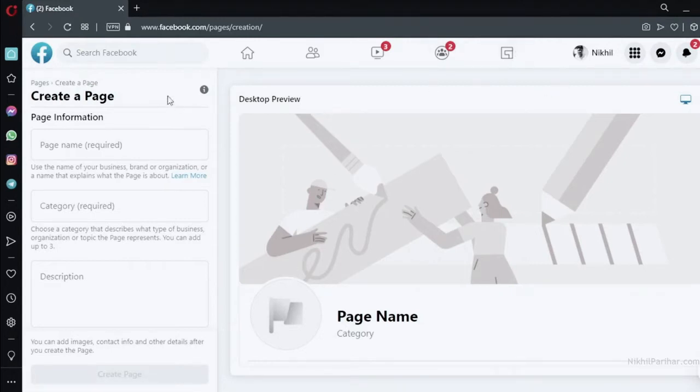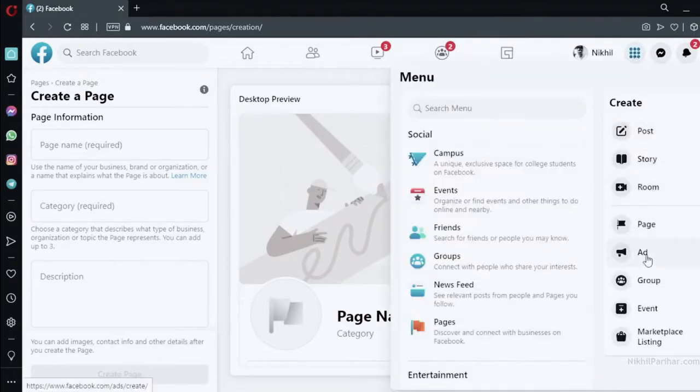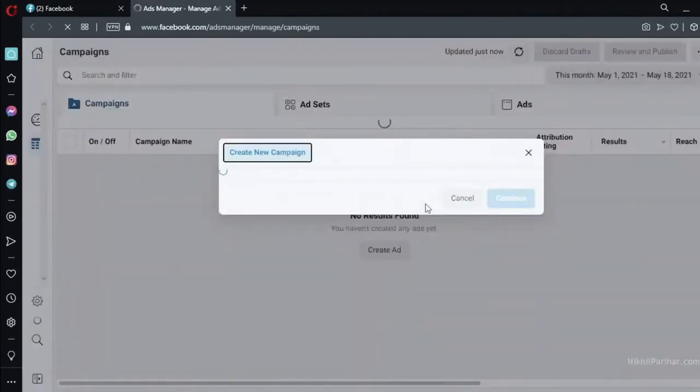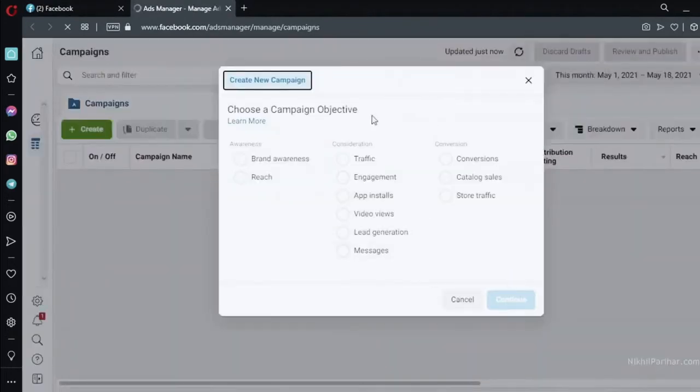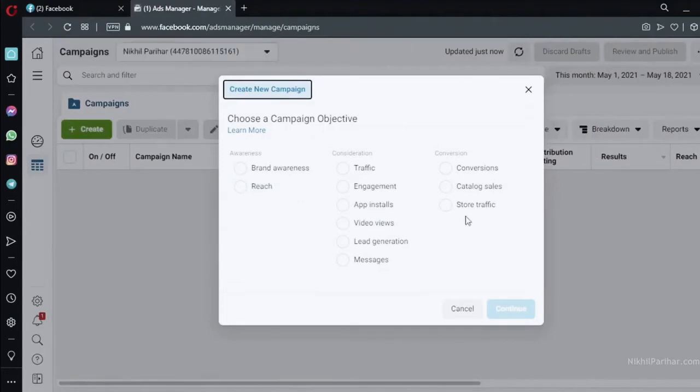Another thing which we need is the Facebook ad manager account. So for that, you again go to the menu, and if you click on ads, it takes you to the Facebook ad manager account. It is going to bring you to this window.